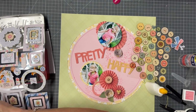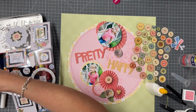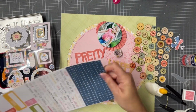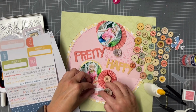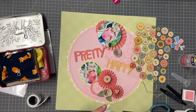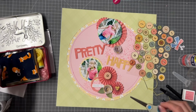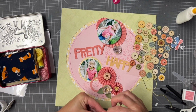And I've made up one of the rosettes that you'll find in the embellishment kit. I did think I had recorded the process, but unfortunately I couldn't find it when I came to edit my video. I don't know if I hadn't switched my camera on. But basically in the embellishment kit, you'll find there's a spiral piece of patterned card, and they have a frilly edge, and all you need to do is take a small